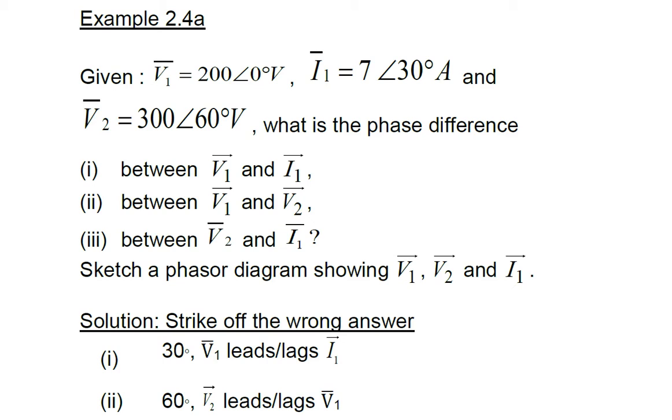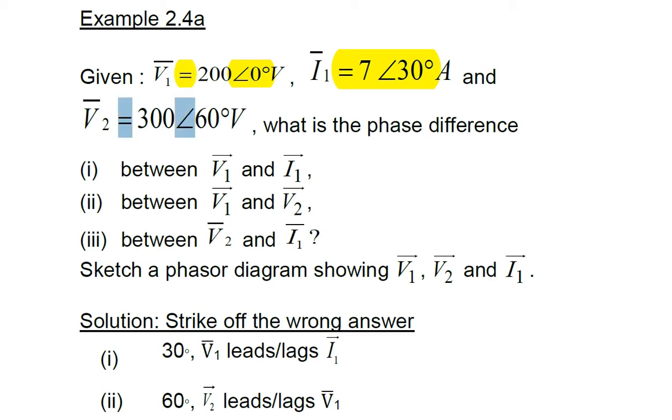In this video we want to look at example 2.4a, which is found in your lecture notes. Now this question reads, we are given the phasor values V1, which is 200 at the angle of 0, I1 7 ampere at the angle of 30, and